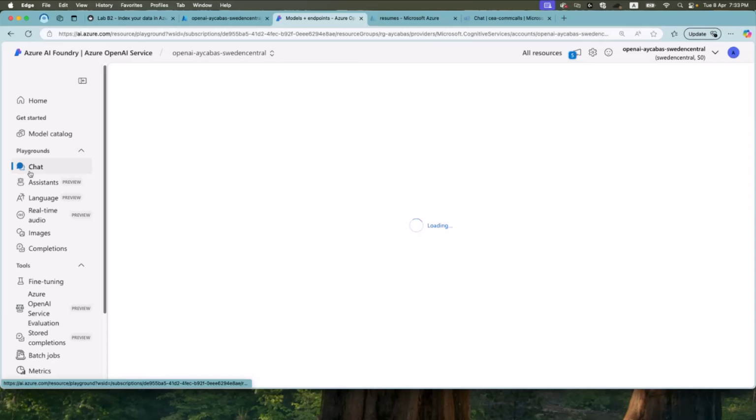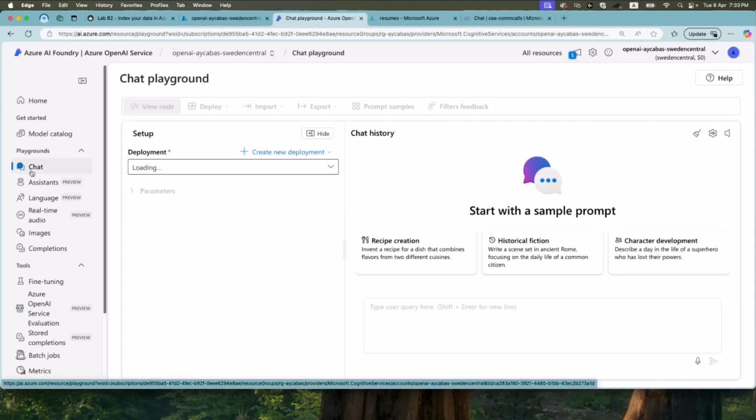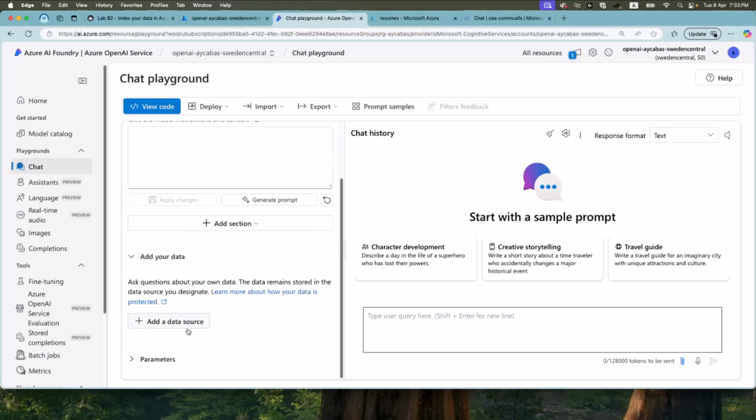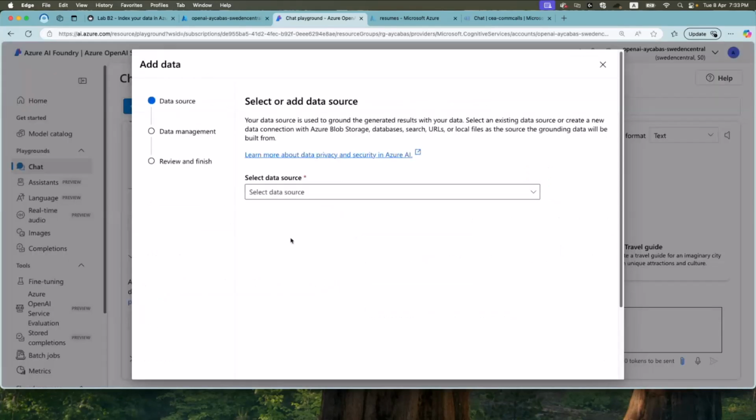So let's go to chat first, which is the chat playground, and create our data set in Azure AI Search, and then move on by testing everything in chat. So I'll select add your data. There's an option called add a data source.